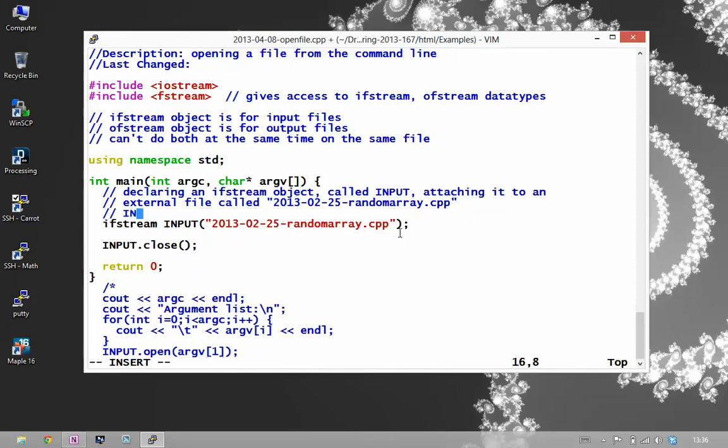this thing input is called a file handle. We only refer to the external file name once in our program. That's when we declare the input file stream. And forever after, we access the file through the file handle, in this case, input. The beautiful thing is a file handle, an input file handle,